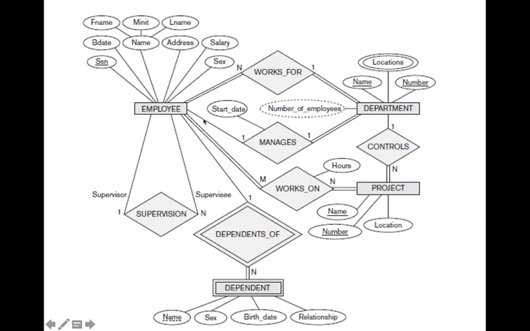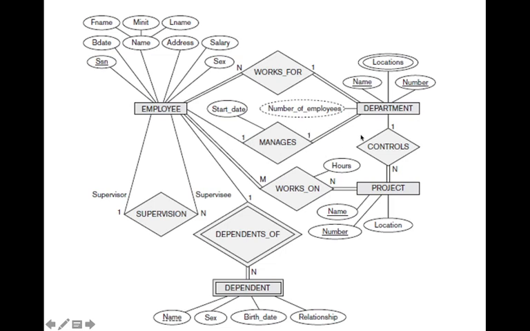And here it is partial, because not all employees can manage a department. So that is why only a single line here. Then we have already seen it is a 1:1 relationship, because an employee can manage at most one department and a department can have at most one employee. That is why 1 and 1 here.